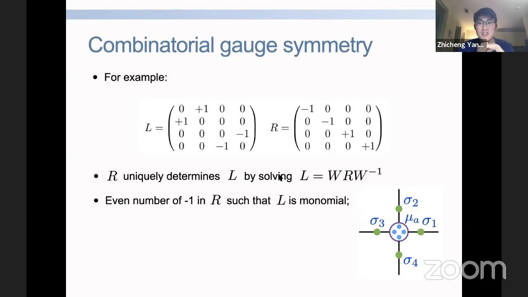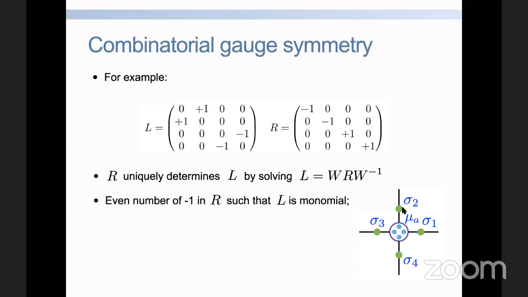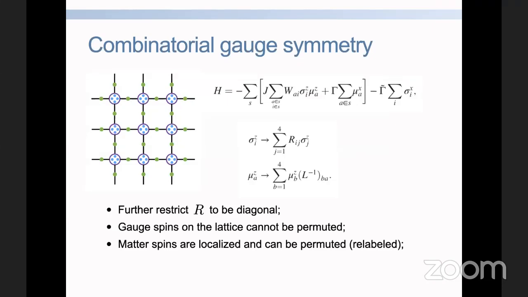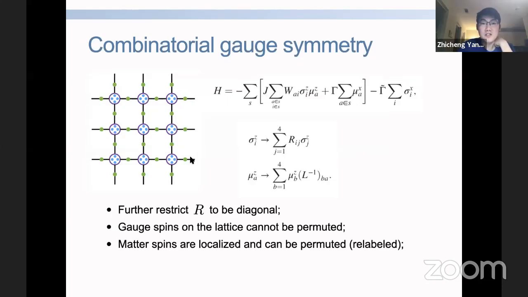I would say it's both, because if you permute this Hamiltonian, if you permute the gauge spins on the lattice, I really don't know how I should interpret this. So before you introduce this lattice description, just by looking at the Hamiltonian, is it given by hand or is it automatic? No, it's not really given by hand, because